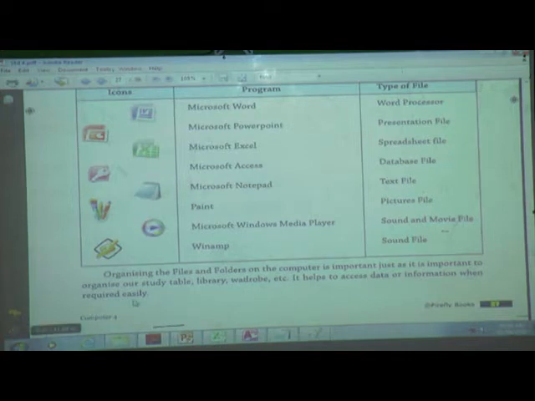Why do we need to organize all this data? If you do not organize all this data, then when we require this data, that time we can't get it easily. But if we store it in a proper place, then we can get it easily.